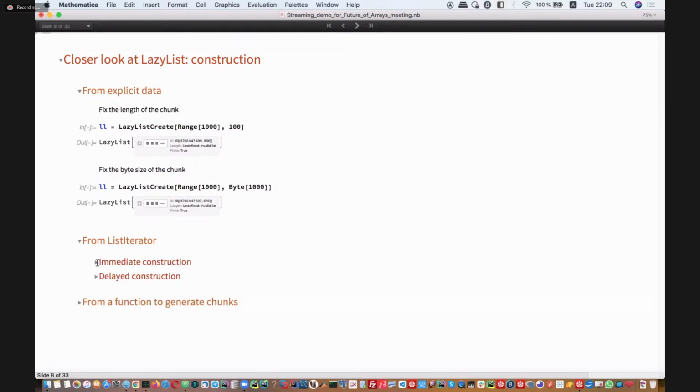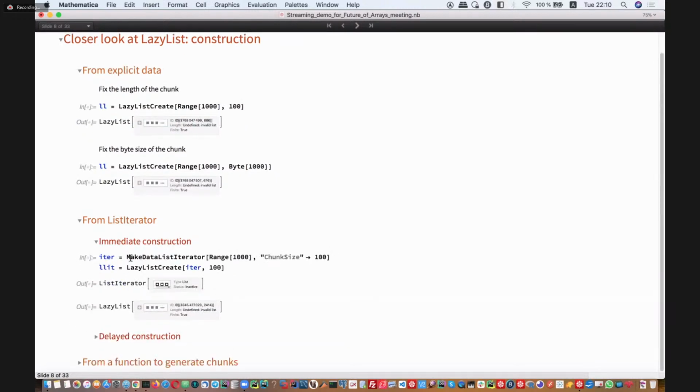Okay, so that's just saying, I want to chunk this now, but I already had the whole thing, as opposed to a generator. Yes, that's right. The number of cases where you would really need this is probably not very big, because if you already have it, then you already have it. Yeah. Then the most important thing, I think, is to construct it from the object which I call list iterator,